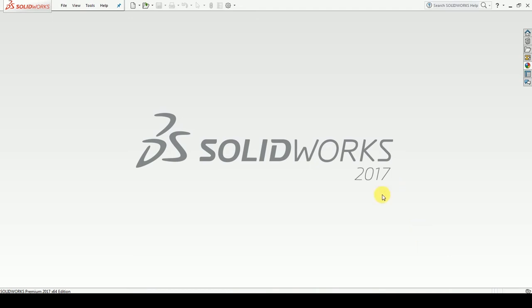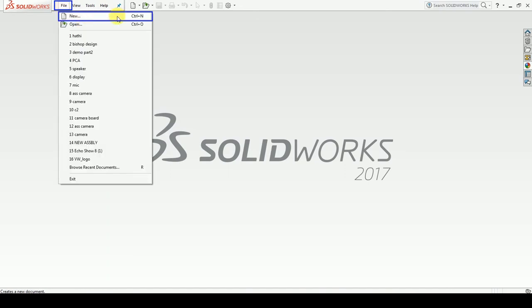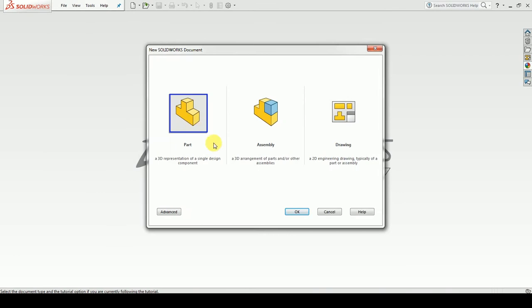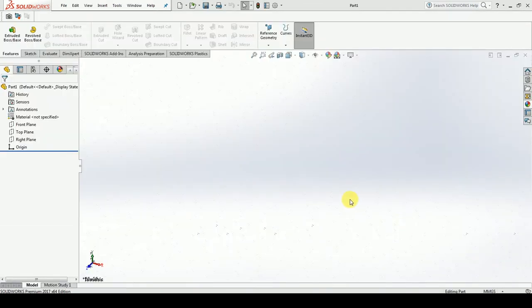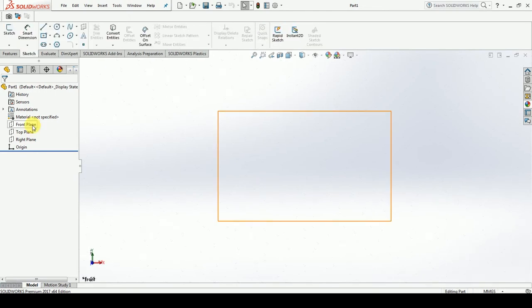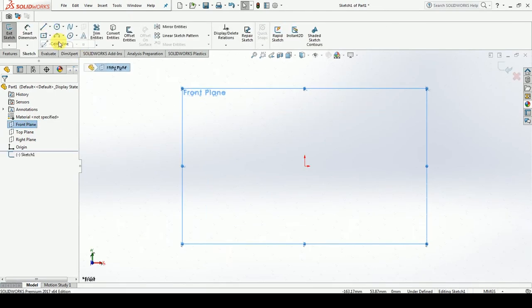First we have to click on File and then New. Then we have to select Part and press OK. First we have to check the units. Let us take millimeters as we have to design in millimeters. Select the front plane and select sketch. We have to draw the center line first,